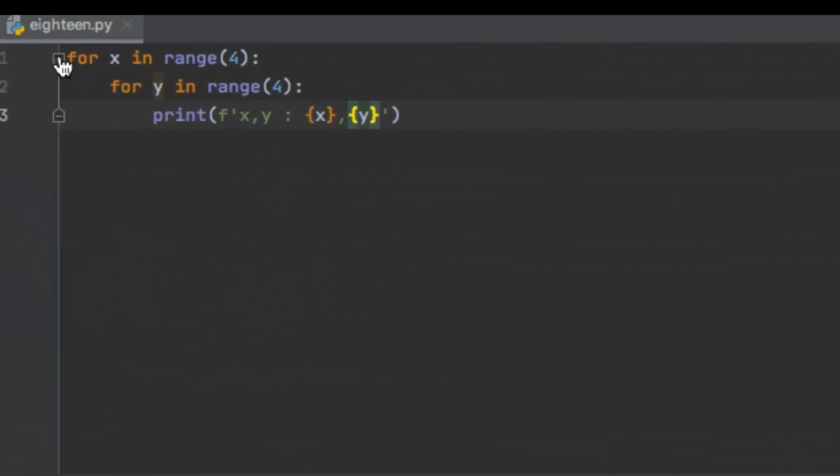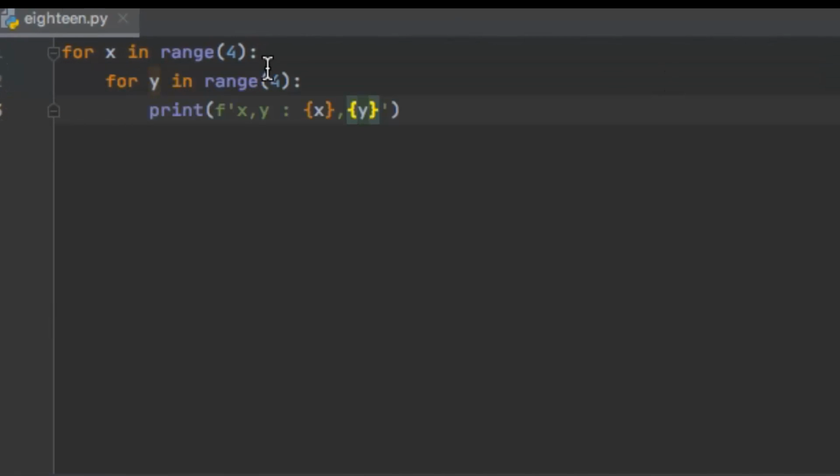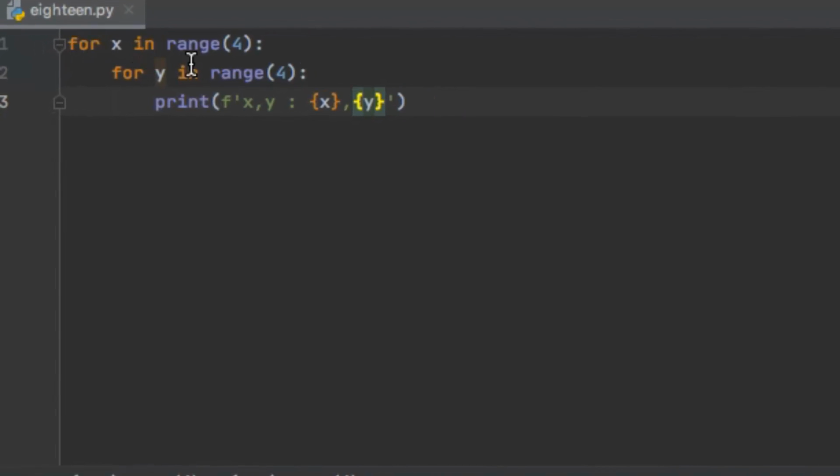Okay, so first of all we have initiated one loop here, which is for x in range 4. Now the moment I say for x in range 4, my loop gets initiated, and how many iterations would it undergo? It will undergo 4 iterations. Okay, so the moment it enters the first iteration, it encounters another for loop in the next statement itself, which says for y in range 4.